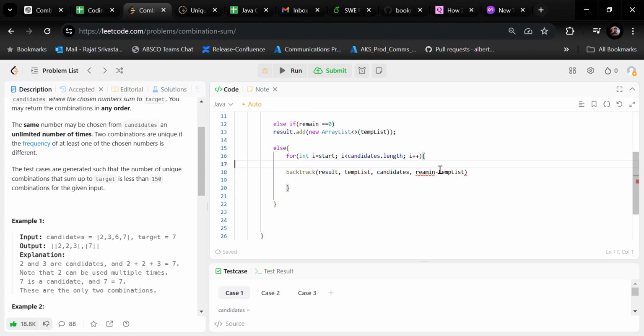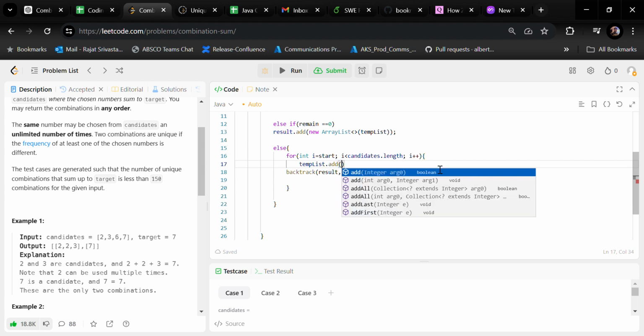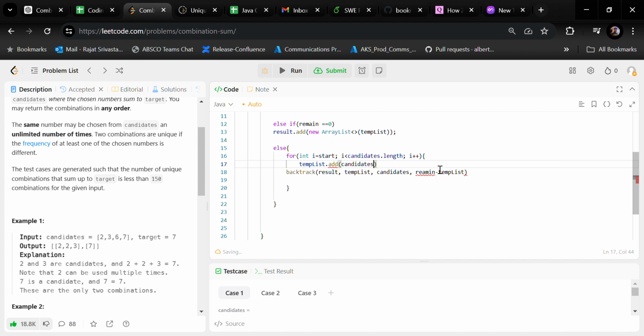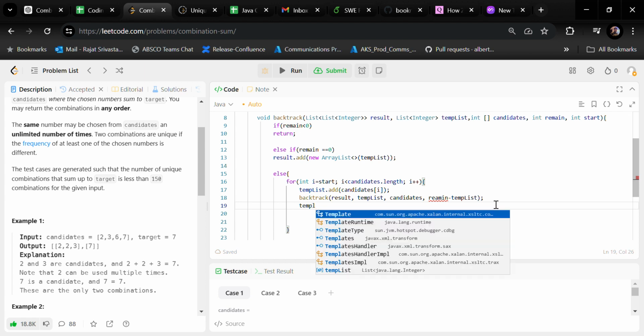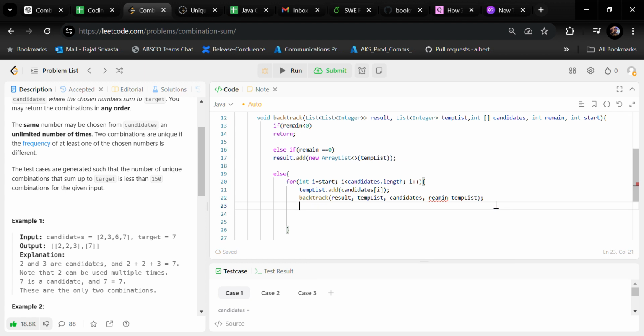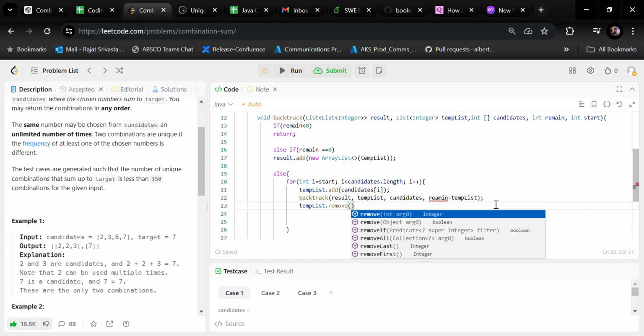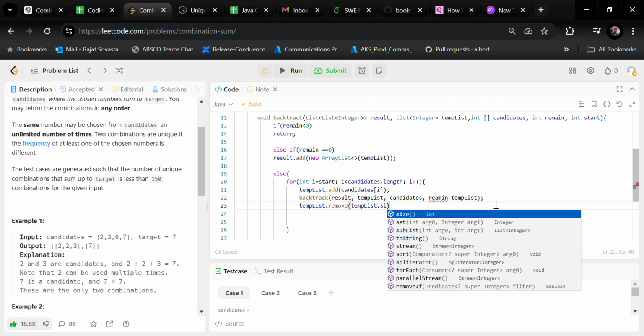Inside this for loop, basically it just adds into the templist, templist dot add candidates of I. Whatever fails inside this for loop, it will keep on moving, and if this backtracking fails it will just come to the bottom, and it will just remove from the temp list, temp list dot remove temp list dot size minus 1,